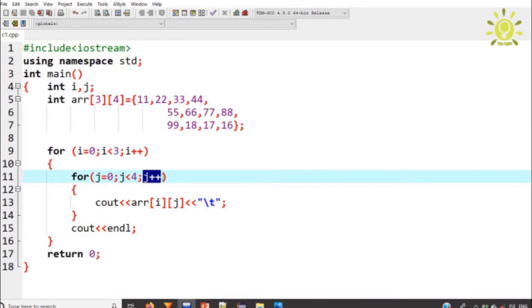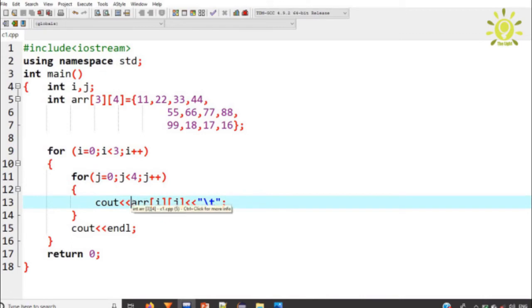So again you can see that it increments the value by 1. So j will be changed into 1. Here the condition will again be evaluated, 1 is less than 4, that will be true, and again you can see that I holds 0 value because there is no change in I, and j holds 1 value because there is a change in j value. So the value at that index will be printed on the screen.